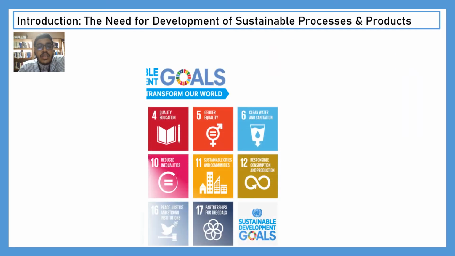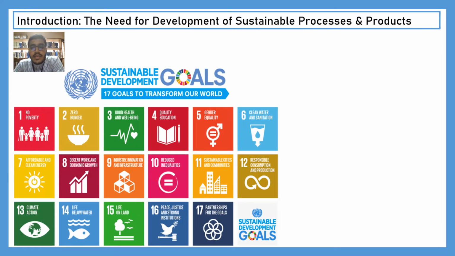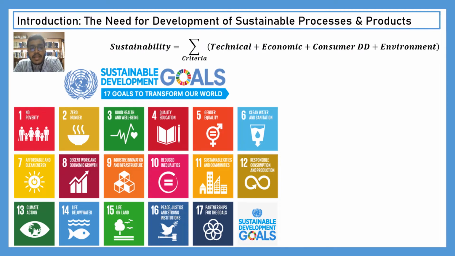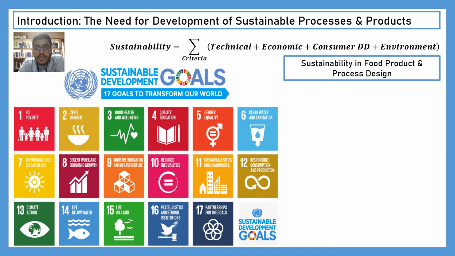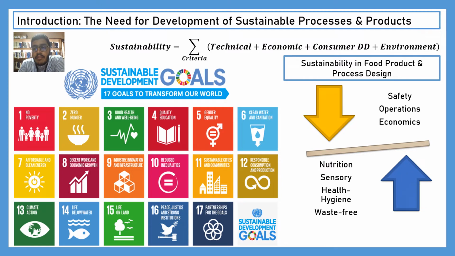So coming on to the need for development of sustainable processes and products. Sustainability, as we all know, is an integration of different criteria, including technical, economic, consumer demands, and environmental criteria. And the United Nations has set up sustainable development goals which are to be achieved by the year 2050. How do we implement this concept in our area of research, which is food process engineering? There is always a balance which needs to be struck